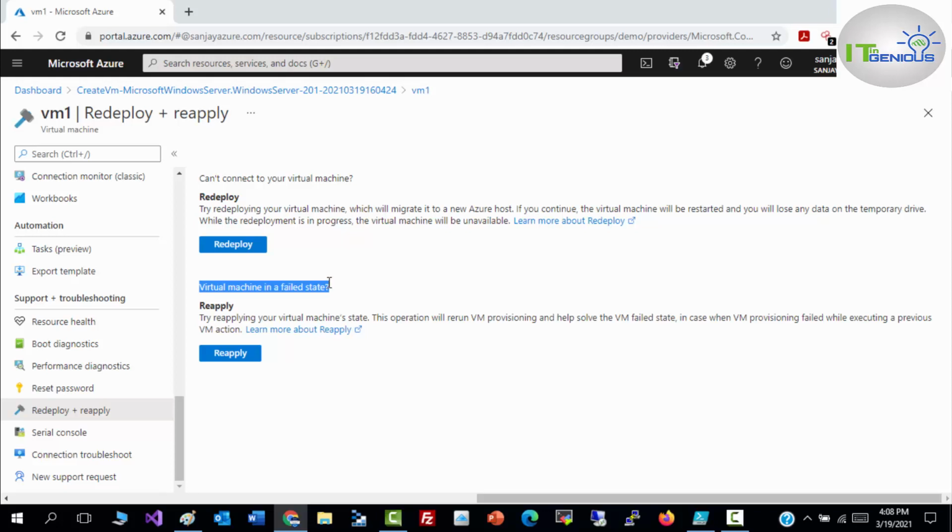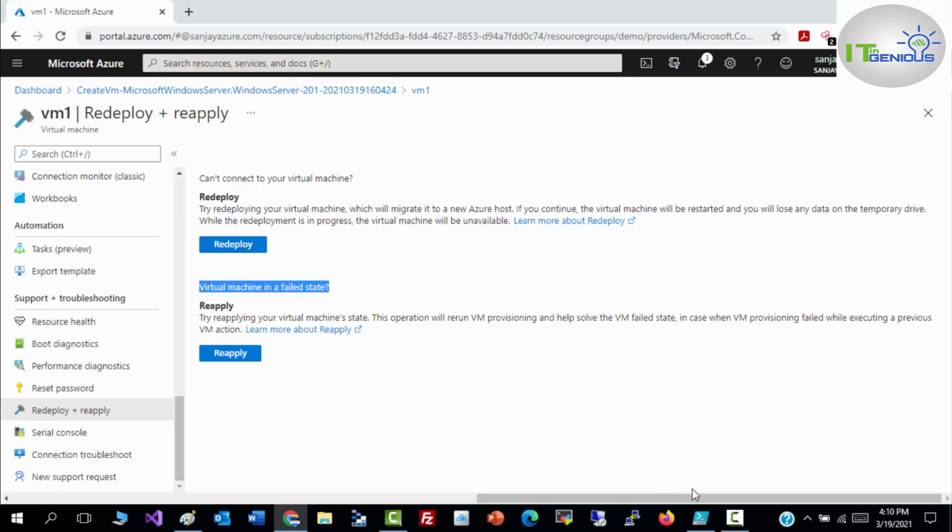Correct. So right now we are going to redeploy this VM. We can redeploy this VM through this tab where we have the redeploy option. Whenever you click on it, it will redeploy your virtual machine. Or we can redeploy this through PowerShell as well. I'm going to show you this feature through PowerShell, so you can understand how to redeploy this VM through PowerShell. Through the portal it is very simple. You need to click on redeploy only.